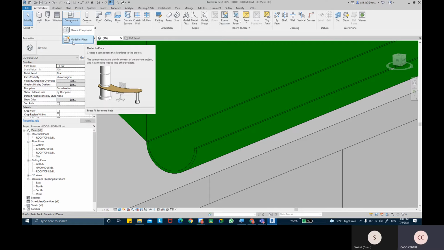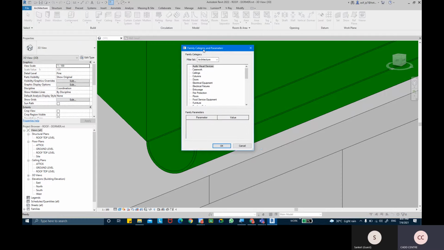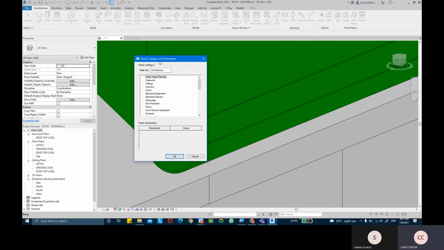So when I take the model in place component option, it will tell me, okay, for which category you want to use this. So I want to use this for the roof category, so I can pick the roof. So I'm going to search for roofs.